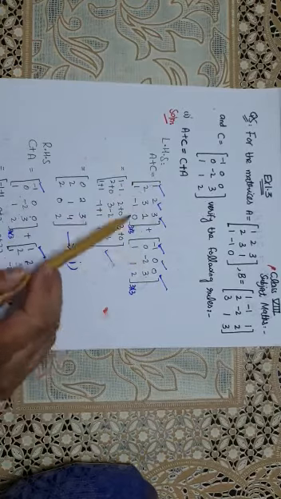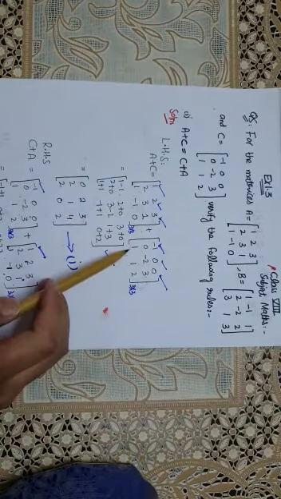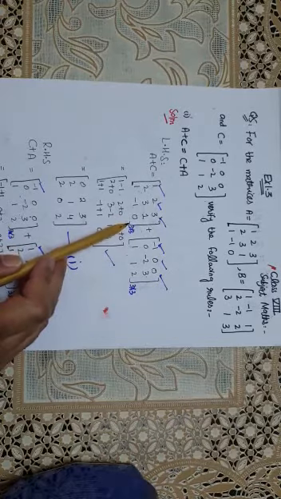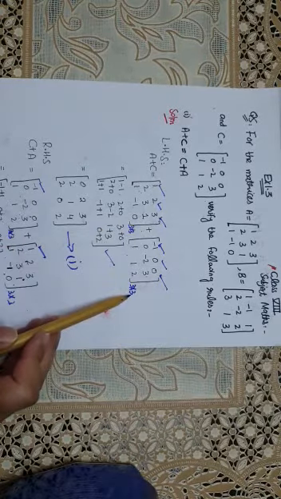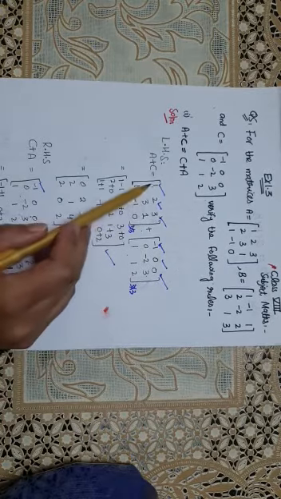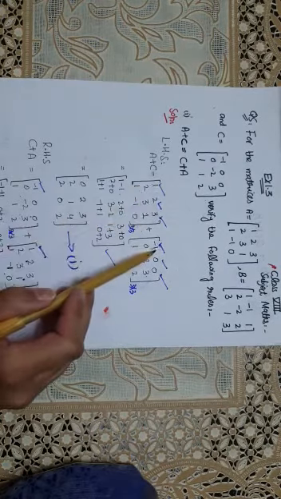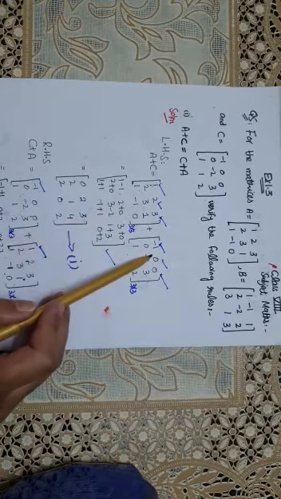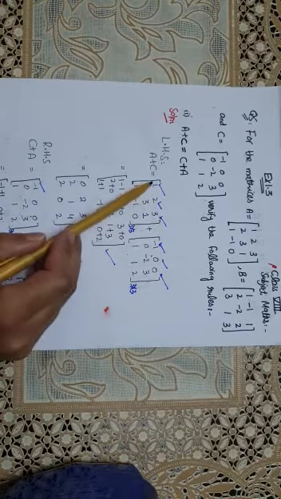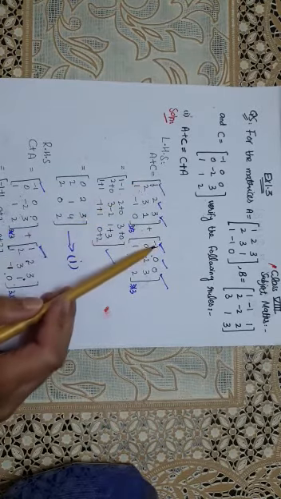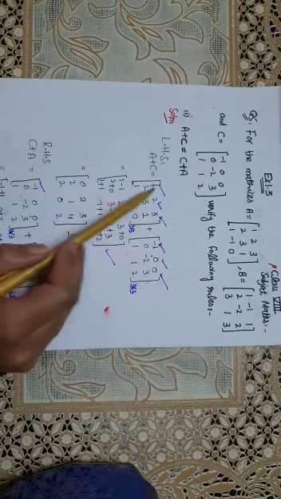We will add these two matrices if and only if their order is the same. Matrix A has 3 by 3 order, matrix C has 3 by 3 order. So these can be added. To add them, we will add corresponding elements of these two matrices. First row will be added to first row. In the first row, the first element will be added to the corresponding element, -1.